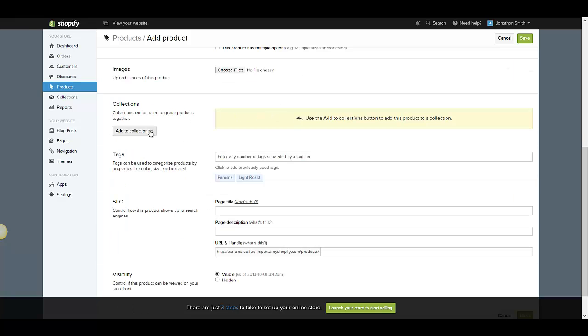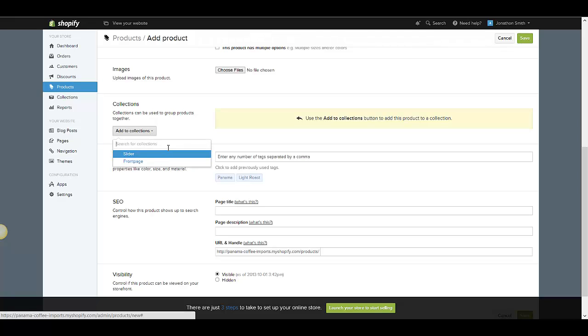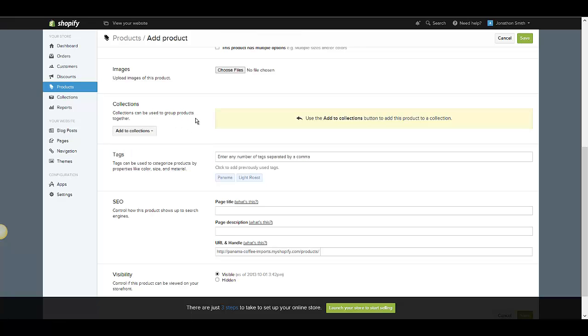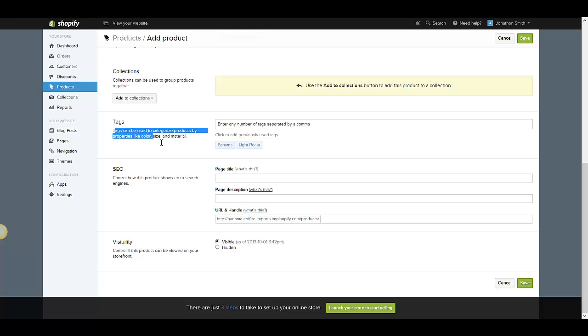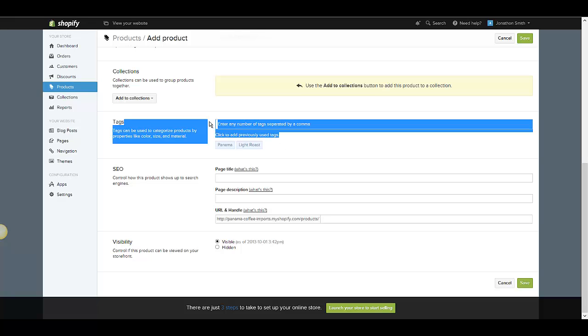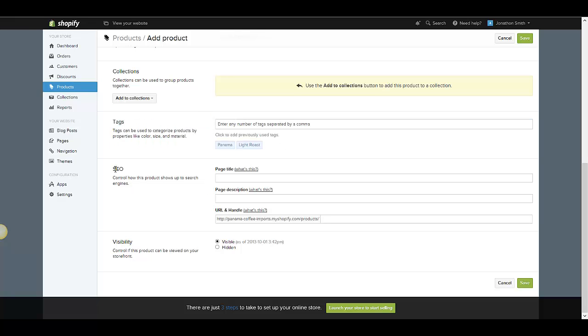The collections are a great little tool here. You can group multiple things together, and a lot of themes use collections to display items on the homepage of your site. You can also add tags to describe physical properties of the product, and you can do some SEO optimization. This is all created automatically, but you'll generally want to change the product description at least to make it